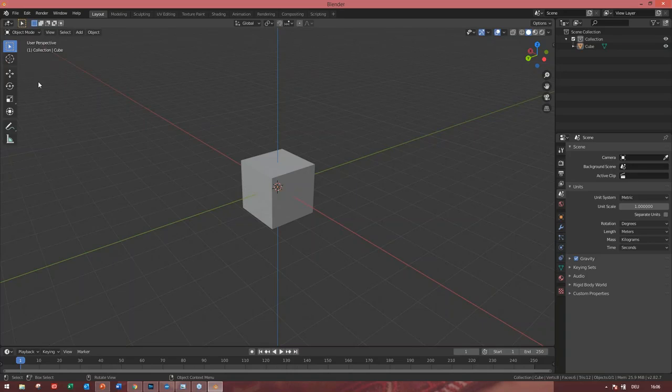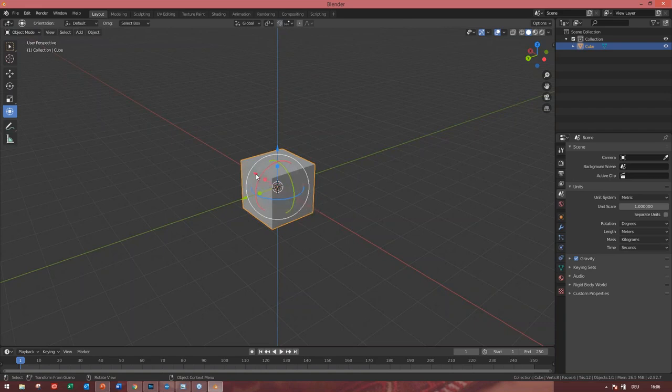That's what we need, at least for Pandoras Box. Here you can have a select box. If you're on the select button, you can select the cube, but not move it. The other tools are also here for scale, rotate, move, and so on. And there is also a transform tool where you have all of these